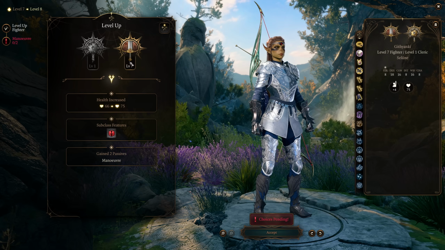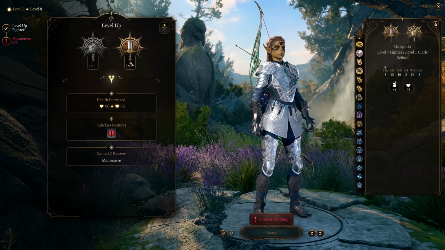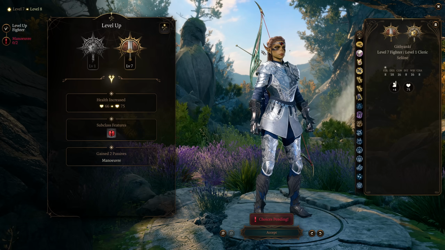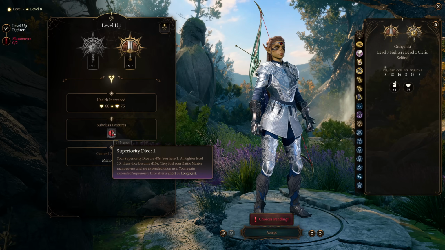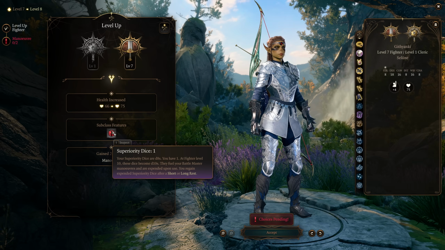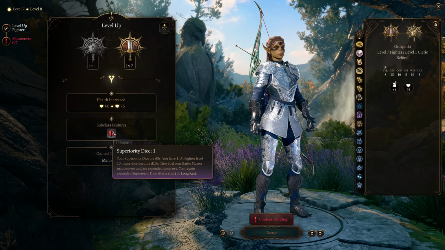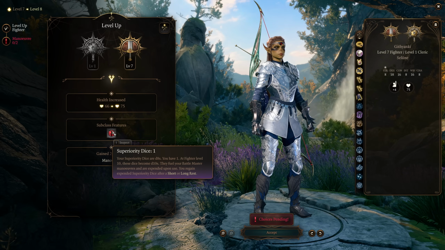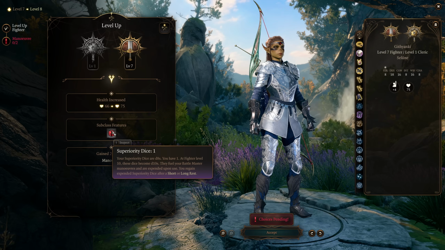Now that we've gotten our one level of Cleric, we can just take Fighter the rest of the way, so we're pretty happy to just continue to get all of the great features that Fighter gets as we level up. At level 7 in Fighter, we level up our superiority die, so we go from doing a d8 of extra damage when we activate a maneuver to a d10 of extra damage, and adding a d10 to hit with precision